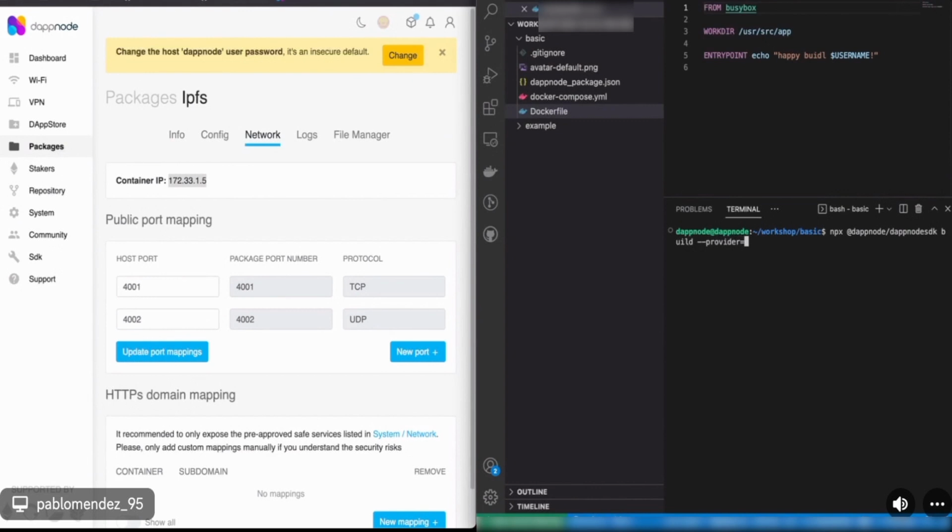Provider equals this IP. And you have also to specify the port, which is 5001. This is the API port, which allows you to upload content to the node.